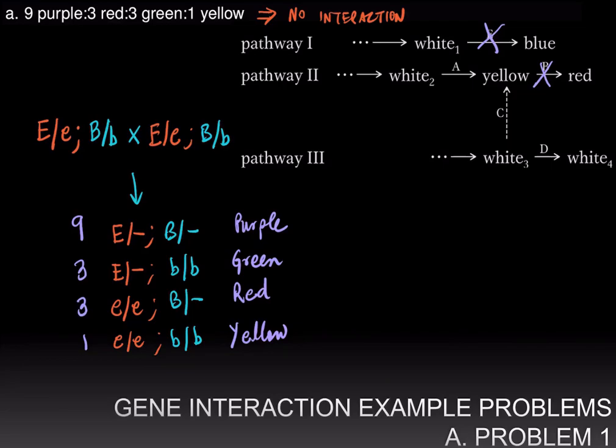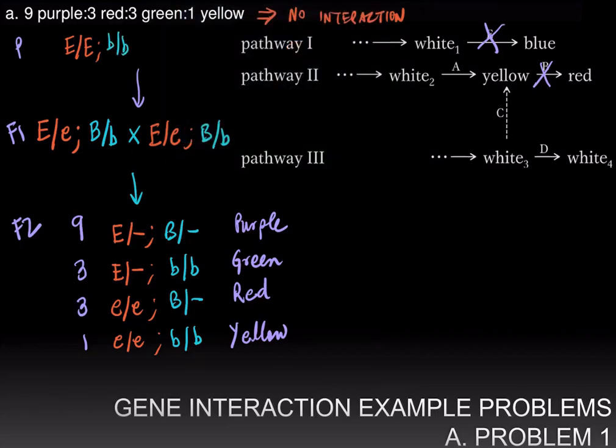So the only thing remaining to be done, since this is the F2 generation and the dihybrids were the F1 generation, is determine what must be the genotypes of the pure breeding parents of the F1 dihybrid. The pure breeding parents of the F1 dihybrid must be mutant for 1, homozygous for the mutant allele of 1, and homozygous for the wild type allele of the other